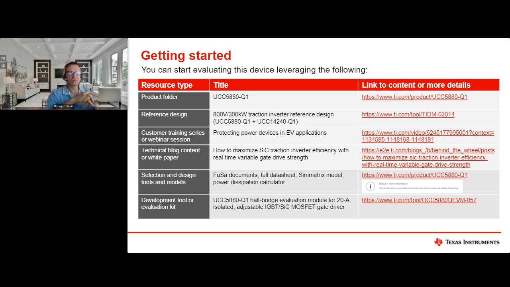I see another question. Do customers prefer using SPI or GPIO? Great question. It's a mix. So this product is in extremely high demand, and it's a mix. Most customers like the SPI bus because now we give them the flexibility to do a whole lot more than just set the drive strength. They can, as I mentioned, program various thresholds for all the other protection parameters: undervoltage, overvoltage, undertemperature, overtemperature.